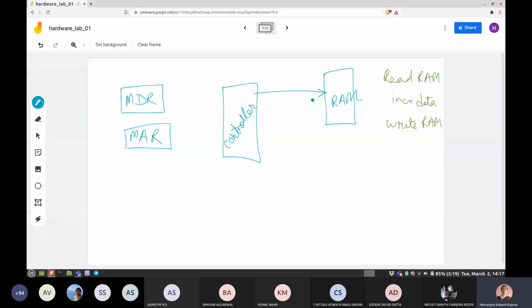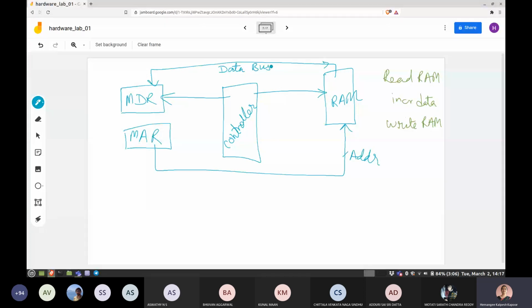And when the RAM sends the data, it should come in the MDR. The MAR need not directly talk with the controller. I mean, it will be controlled, but there's no connection. The MAR is connected to the address bus, and the RAM's output is connected directly to the MDR, that is the data bus. So RAM is connected to the MDR, MAR is connected to the address, and the controller has to now sequentially do these tasks written in the green color.